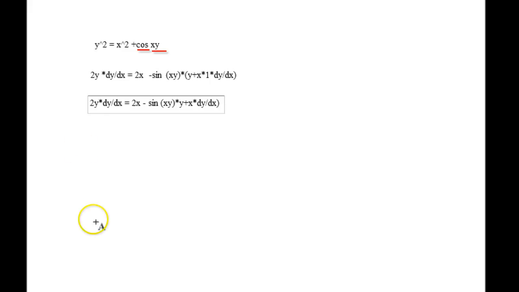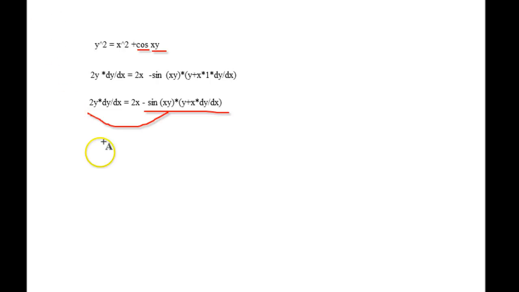Okay, so we have this part set up right here. Let's go ahead and put that first part in parentheses and we should be set. Now what we're going to do is take this whole part and move it over here so that we can add it over there and then factor out dy/dx. So this is 2y times dy/dx plus sine of xy times